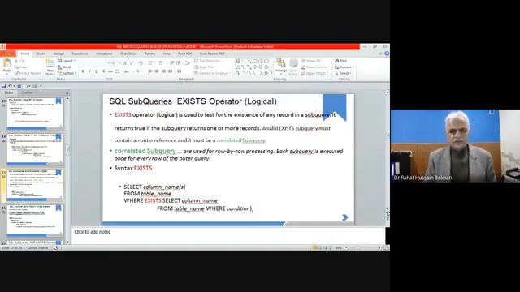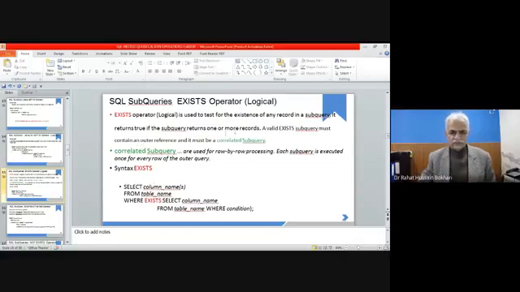So now we have to use the exist operator. The exist operator is a logical operator, and it may be used as not exist or exist. It is used to test the existence of any record in the subquery. So it returns true if the subquery returns one or more records. So in the very beginning we have to run this subquery and say whether it is returning some records or not. Then we have to say whether this value selected from the outer query exists within these results or not. If it exists, then we get the results.